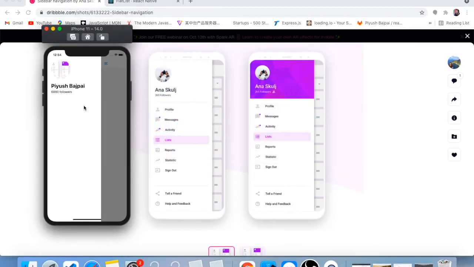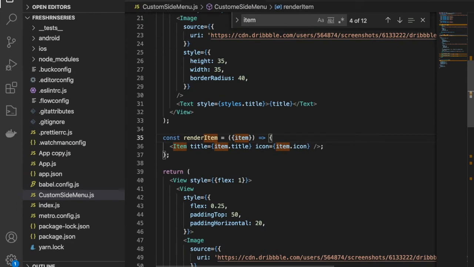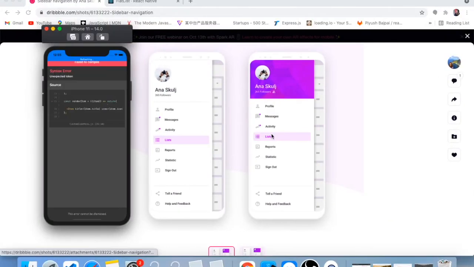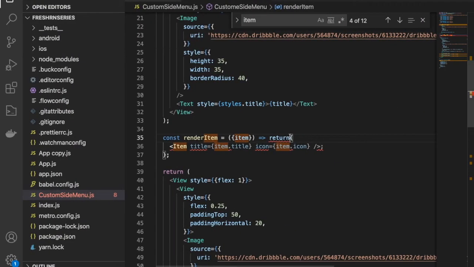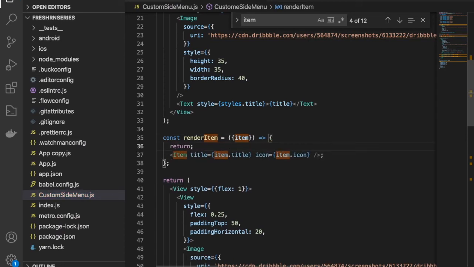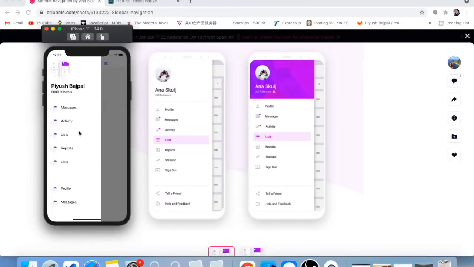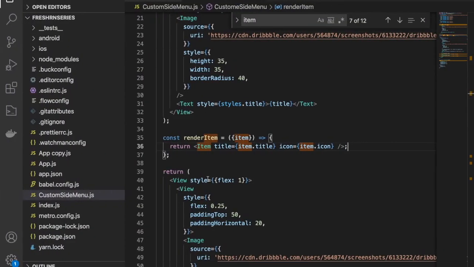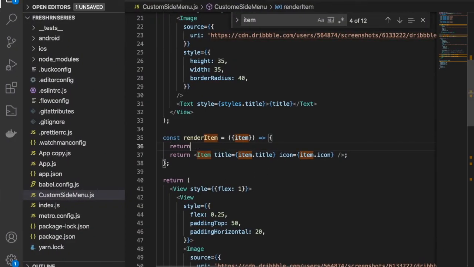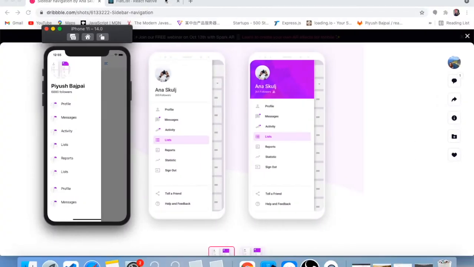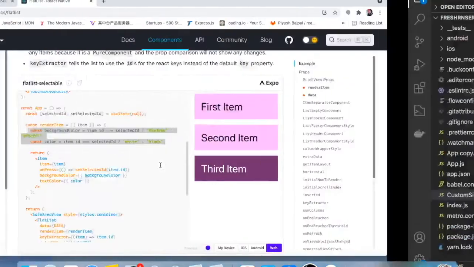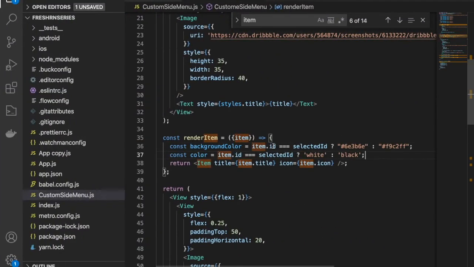Let me see the simulator, and we have to make return over here. Oh, sorry, not here. We have to make return over here. Cool. Okay, that's working fine, right? All right, so just copying the code, and after this, let me paste this.